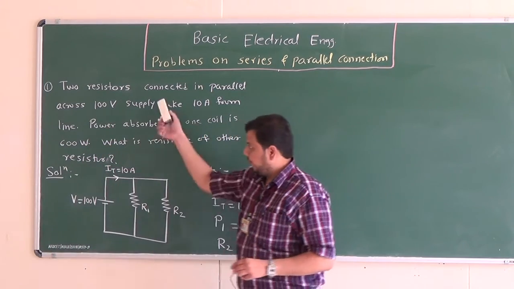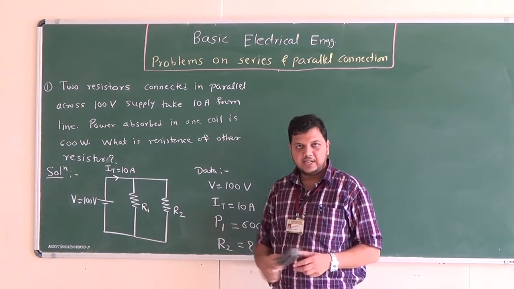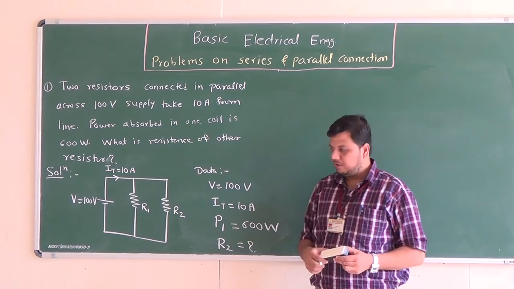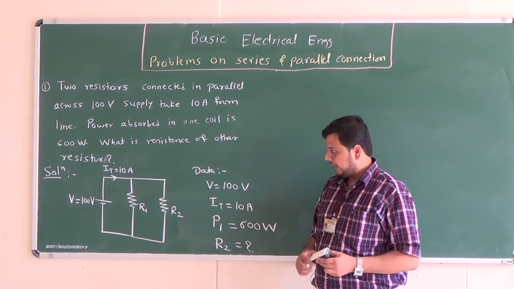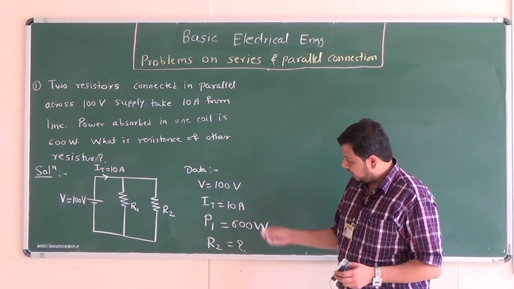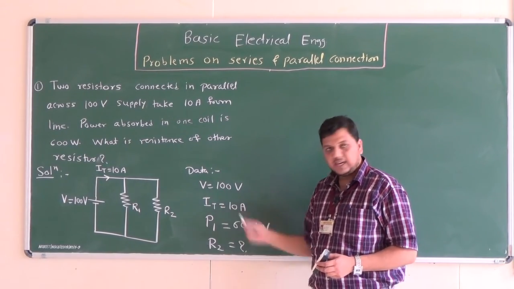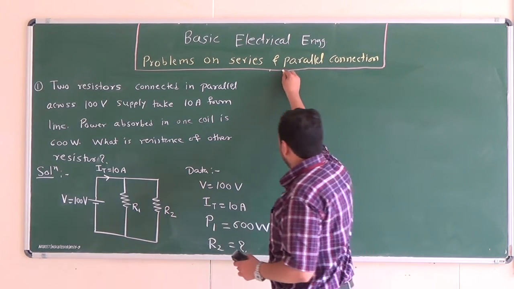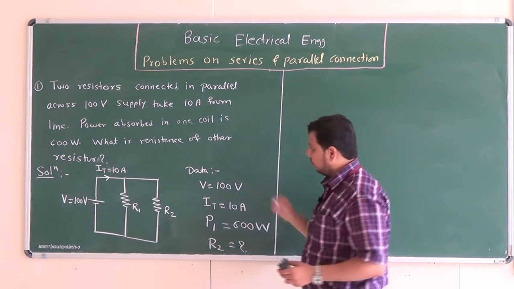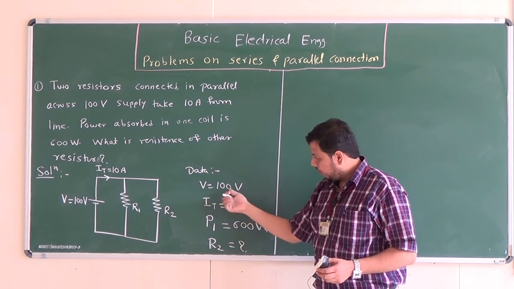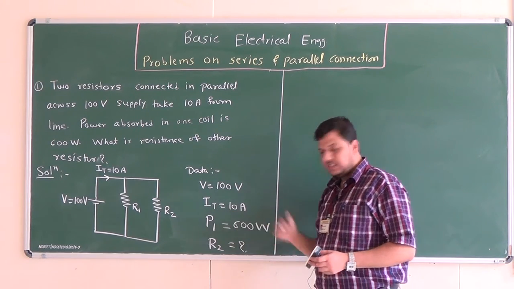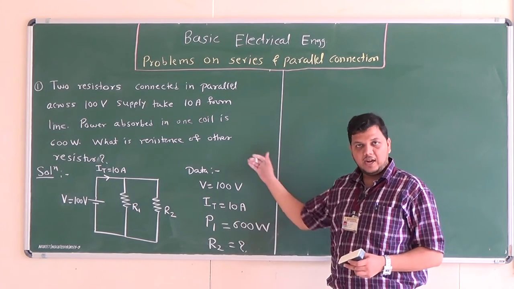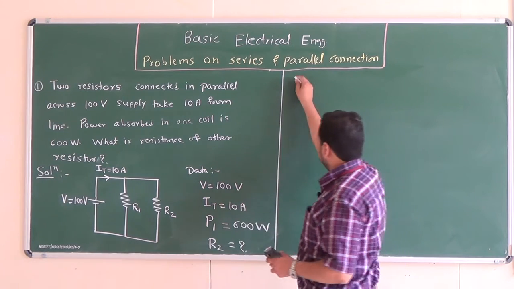Okay, so from the given problem statement we have drawn the circuit diagram and written the given data. Now how to solve such problems after drawing the circuit diagram and writing the given data? Look at the given data. Total voltage is given, total current is given, and power consumed by one of the resistors is given. We can make use of this data to determine some unknown quantities. Total voltage is 100 volt and total current is 10 ampere, so by making use of these two quantities we can determine the equivalent resistance or total resistance, because we know by